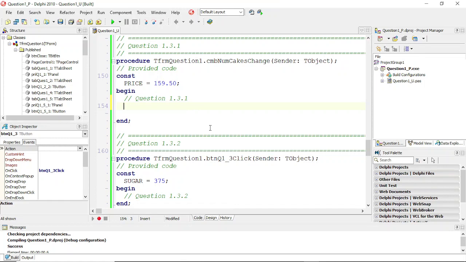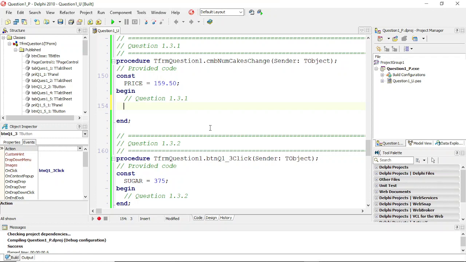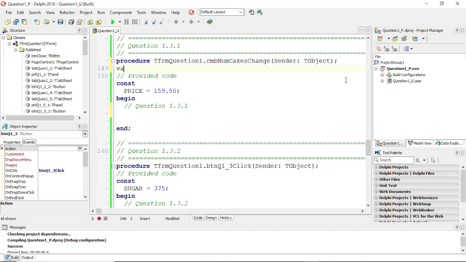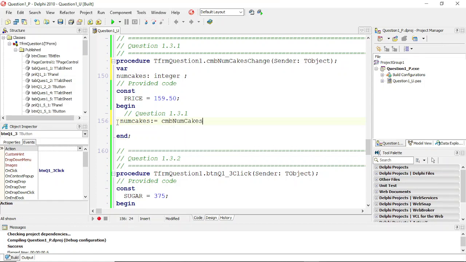Okay, so we first need to go ahead and extract the number of cakes selected. To extract it, I can just create myself a variable. I'm going to create a variable, let's call it numcakes, and that's going to be of data type integer. Then we can just say numcakes is equal to my combo box dot